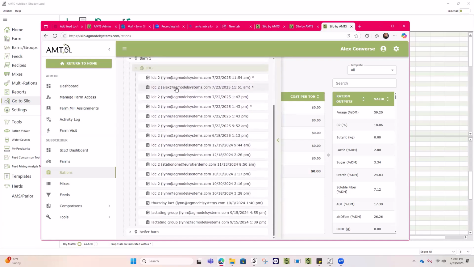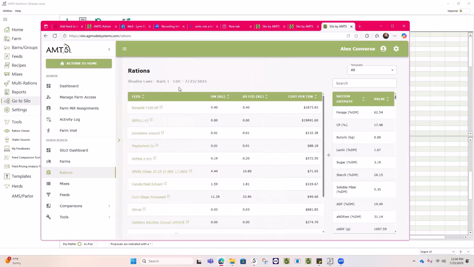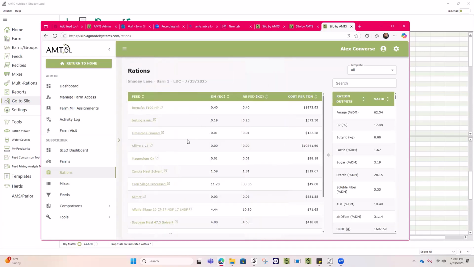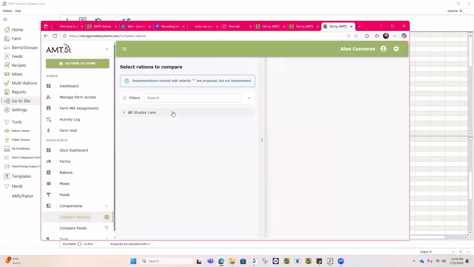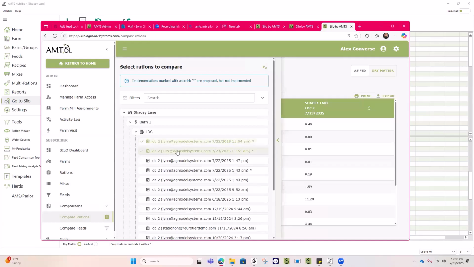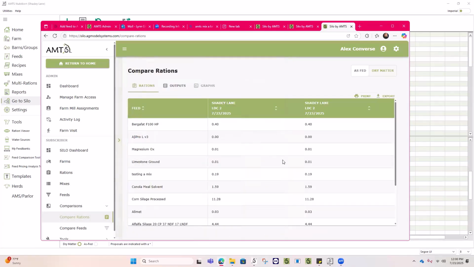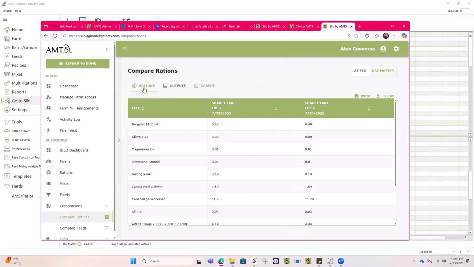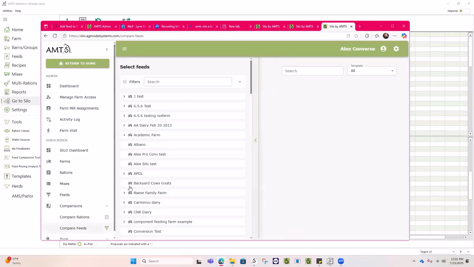So this is where it got proposed in a different way. If I want to, I can look at that, and I can look at that. Beside that, I can see what the difference would be. I can say, well, it doesn't look like there's much changed, or I would be able to see maybe there